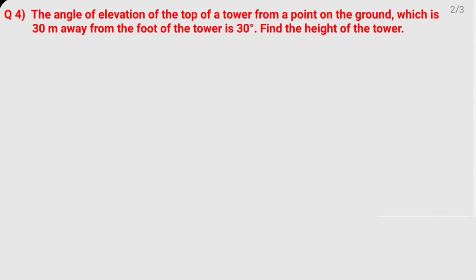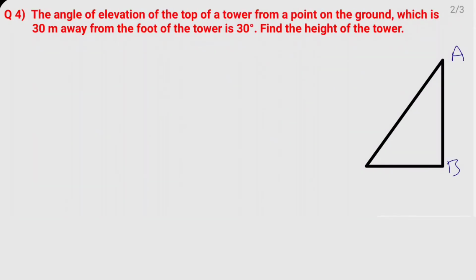So let me draw here. AB is the tower. The tower is vertical to the ground, and point C is on the ground. So here point C is making an angle of elevation of 30 degrees. So here we want to find out the height of the tower. And they have given here the distance from point C to the foot of the tower is 30 meter. So solution here, write down here,